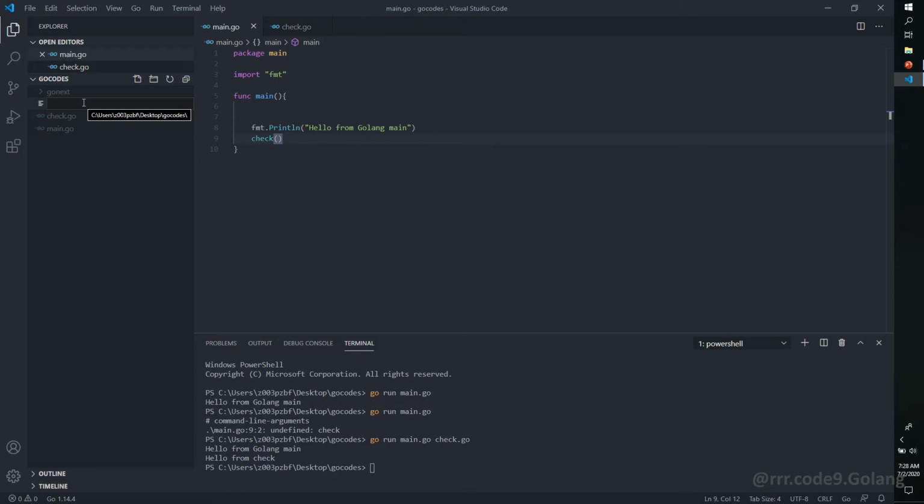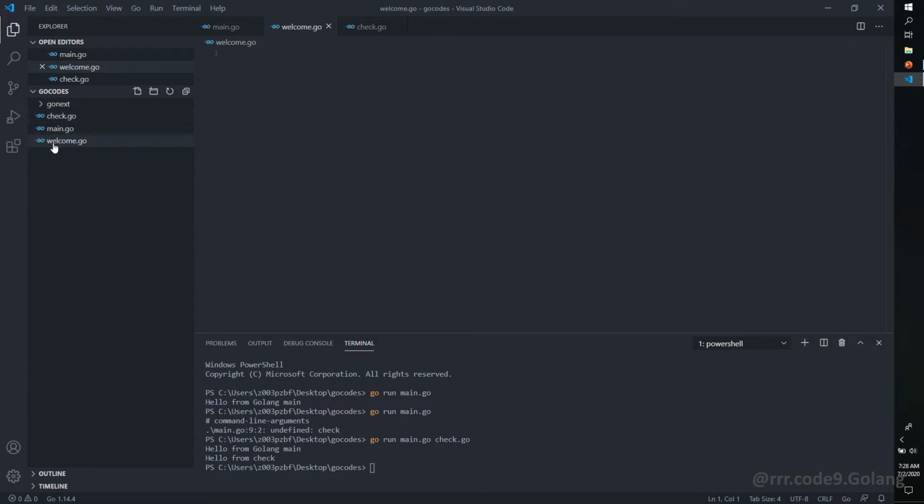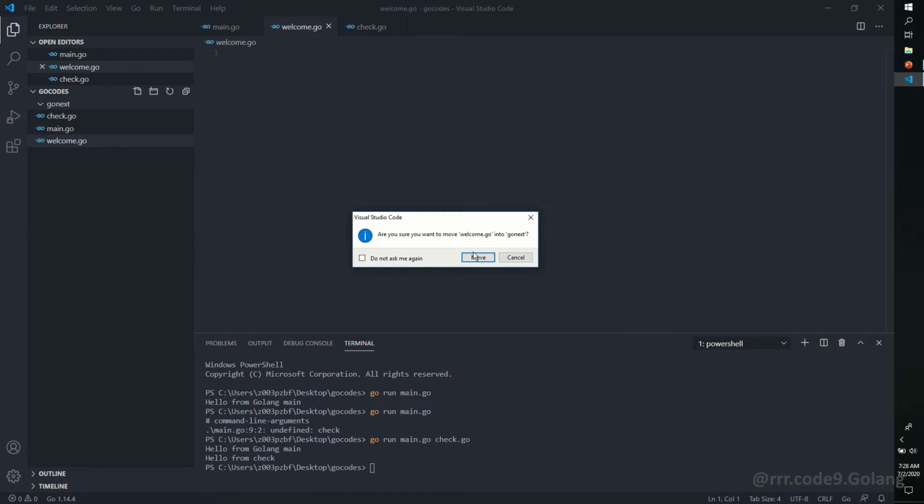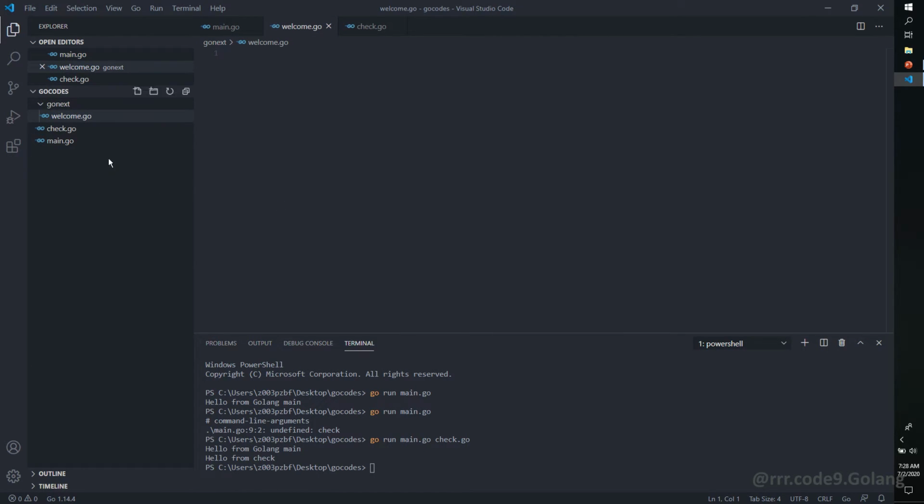So let's create a file here, and I will name it welcome.go. So this welcome.go is a file inside the Go Next folder. So here we have to define a different package name. So automatically it is suggesting package Go Next. So it is better to have the package name same as the folder name.